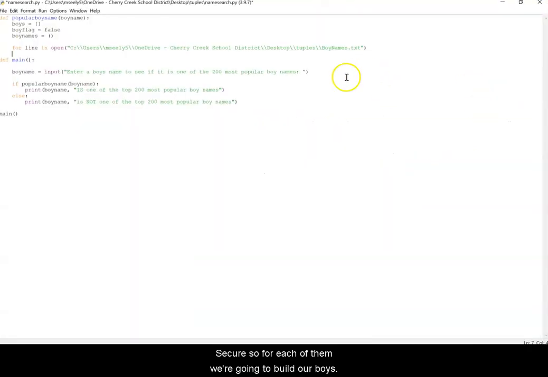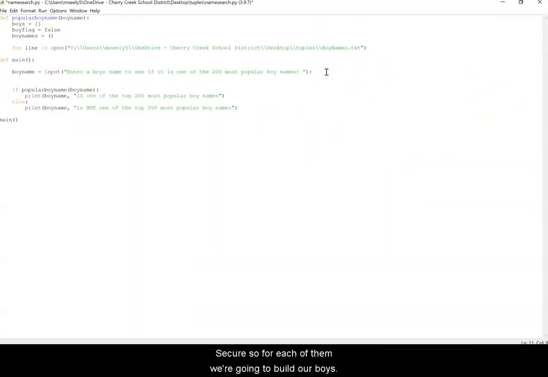And let me think here. So for each of them, we're going to build our boys dot append, and we'll append. Now for each line, we're going to strip. So what strip does,